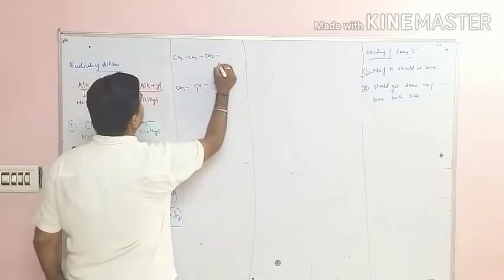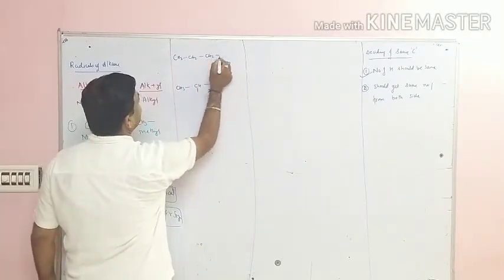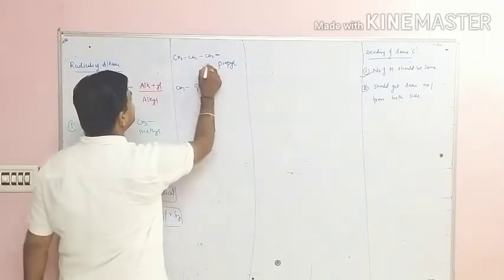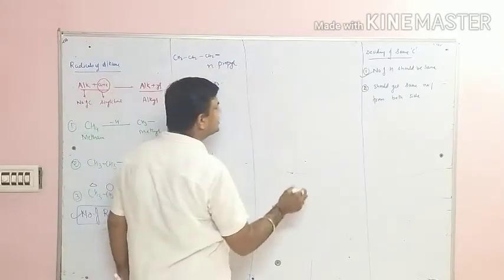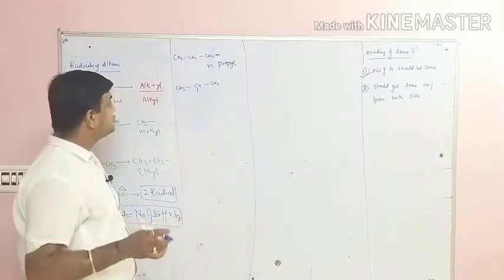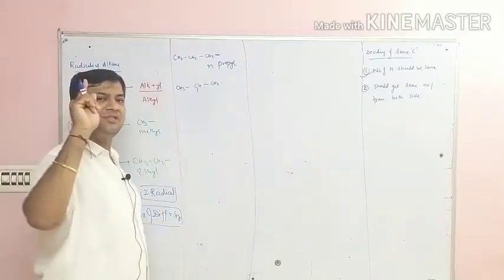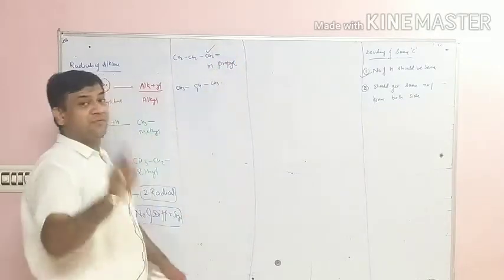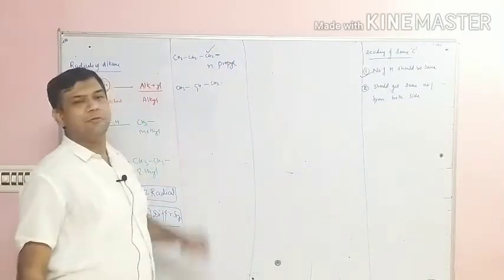This compound C, this is prop. Because valency is free, I put YL. And remember student, this is N-propyl. What is the condition of N? I have told in the earlier video also that if the longest carbon chain is straight, saturated, and the valency of the first carbon is free, then it is called the N-propyl.